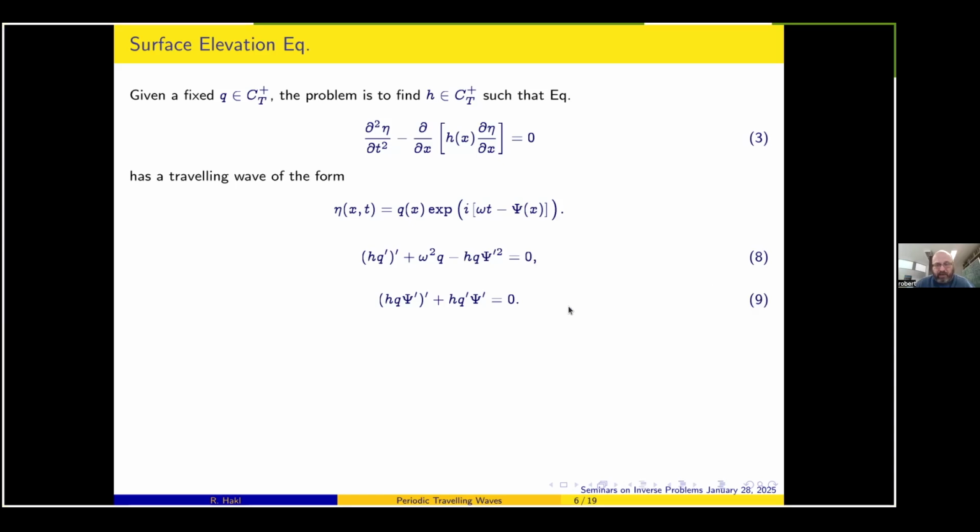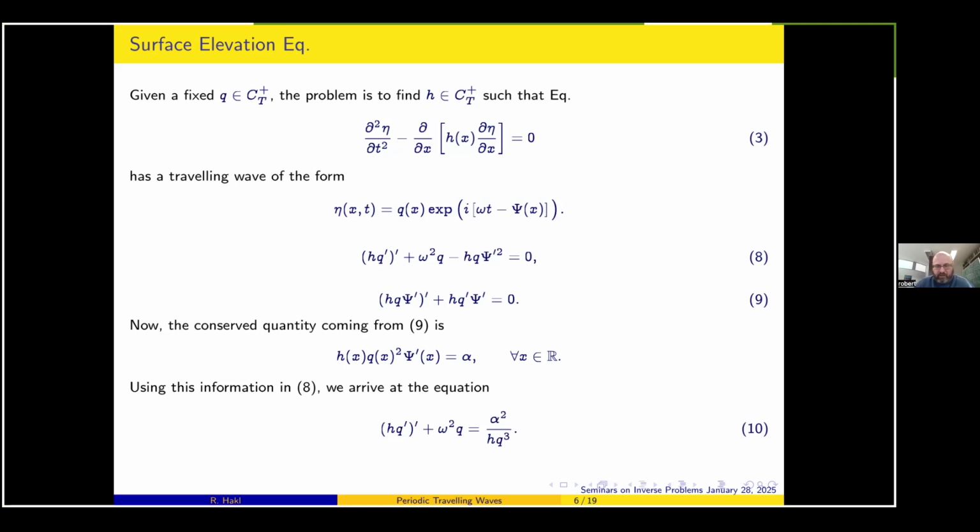Again, equation 9 means that some quantity is conserved. So we denote it by alpha and use it in equation 8, and we get another differential equation of the second order